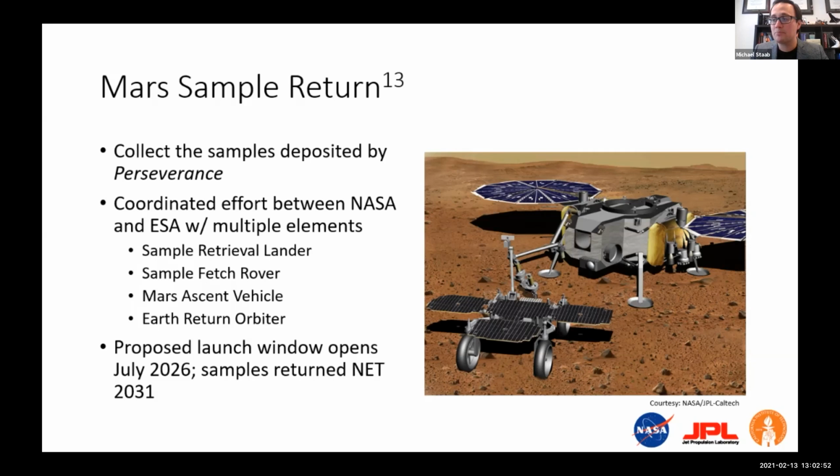That goes with the element there in the back, that larger sort of lander looking concept. That's what we call the sample retriever lander. That is an element under study by JPL and will be funded and developed by JPL. The sample fetch rover sits on the deck of the sample retriever lander. It's deployed. The sample fetch rover goes out, grabs the samples, brings it back to the lander. The lander loads those samples into a capsule that we put inside of a Mars ascent vehicle that is also